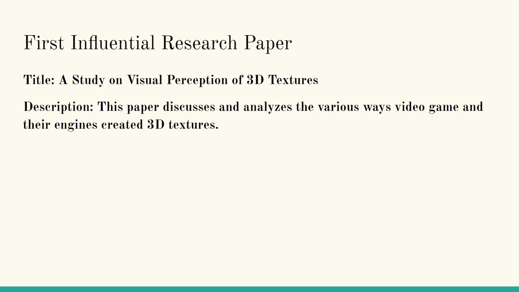This paper discusses and analyzes the various ways video games and their engines created 3D textures. It was a really good help because of the approach it took, which was from students. With that in mind, I looked at how certain textures should be able to be bump mapped, and that there were some that shouldn't be bump mapped. So this was a really good stepping stone for me to at least find some examples that worked really well